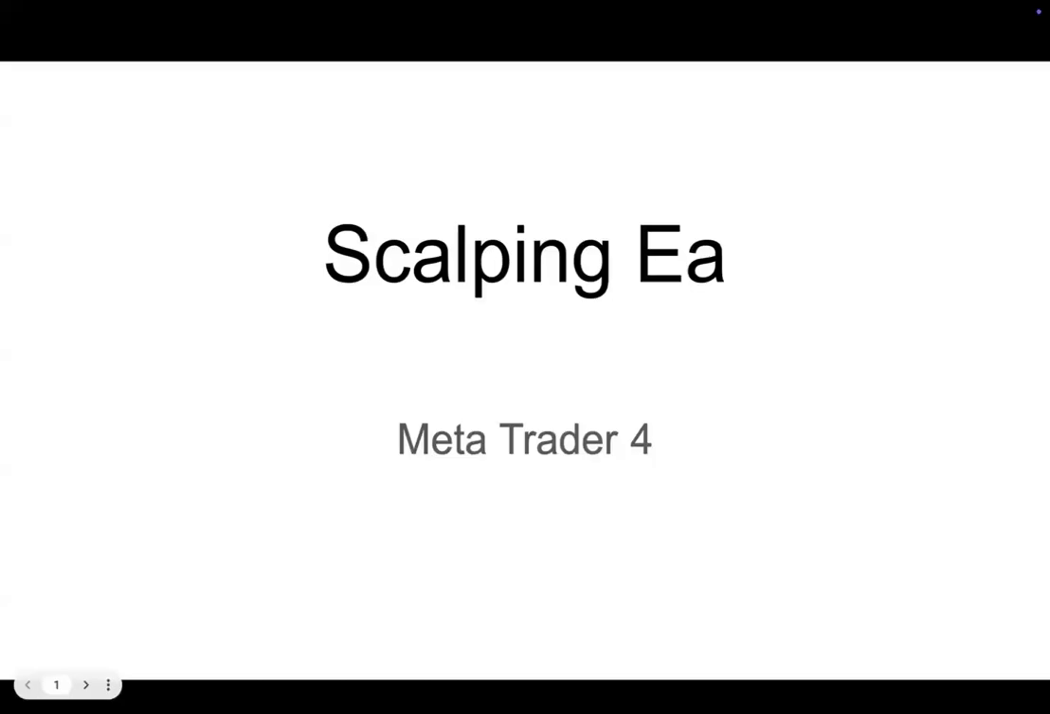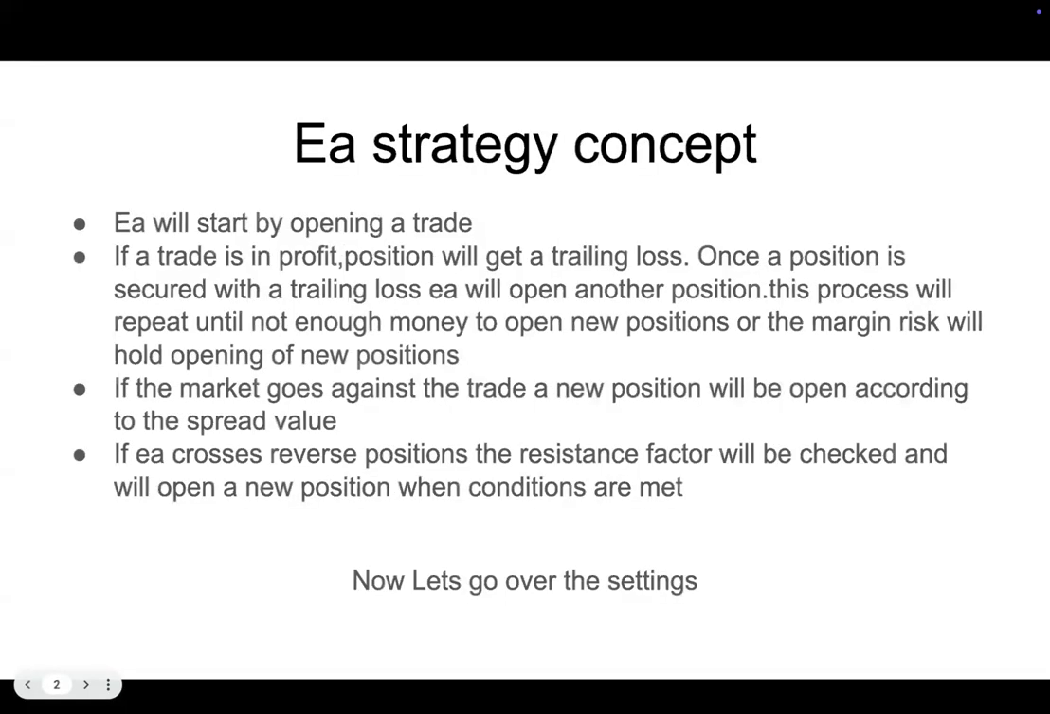Okay, so welcome to the tutorial for the bull and bear scalping tutorial. First up, the EA will open a trade. That's the strategy. If a trade is in profit, the position will get a trailing loss. Once the trailing loss is secured with a loss, the EA will open another one. This process will repeat until there is not enough money to open new positions, or the margin risk will hold opening of